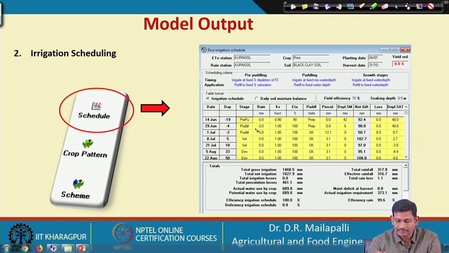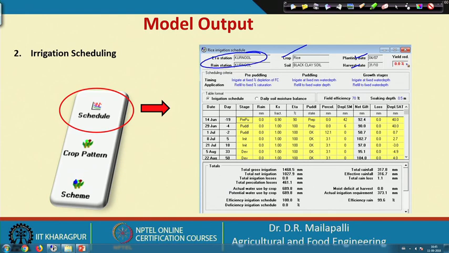So, the scheduling window looks like this: the station value and the crop, and then planting date, harvesting date, and yield reduction is given, for pre-puddling, puddling and growth stages. So, if you see this irrigation schedule, 14, 29th, 1st July, 8th July, 21st July. So, like that you have to give irrigation, right,